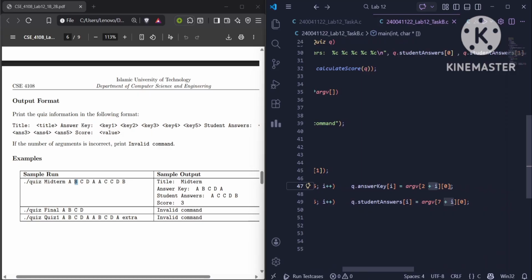And why have I not just used argv 2 plus i? Because that would simply show me an address, not the character itself. So I took index 0, actually that was a 2D string, a 2D array. So if we just write one,